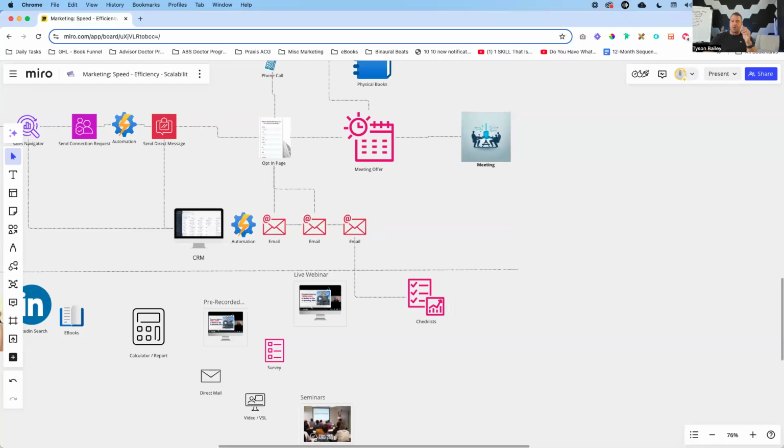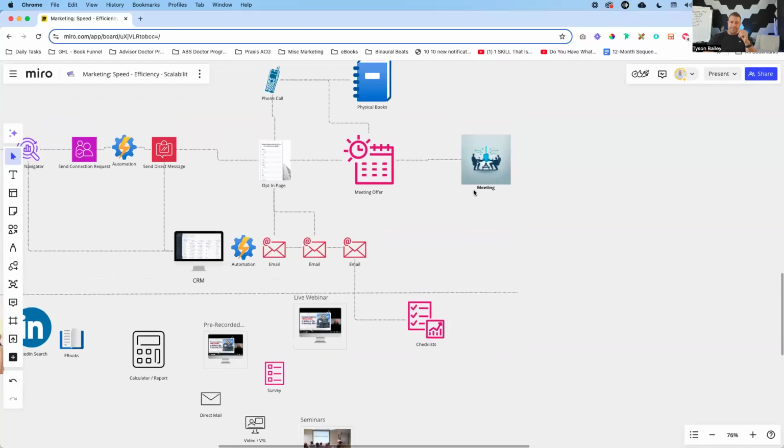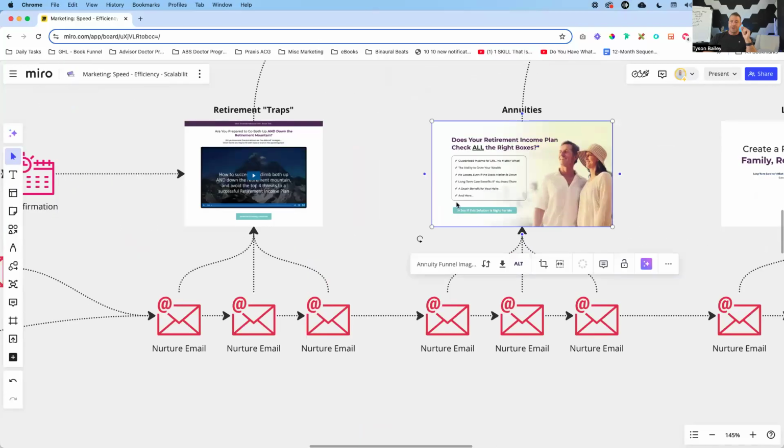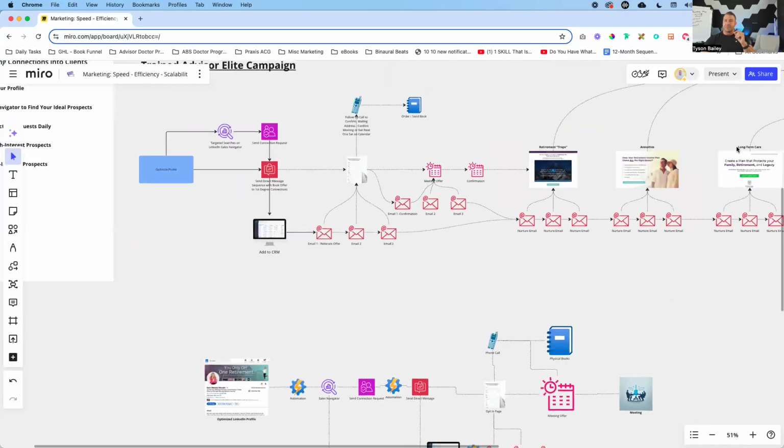So instead of just hosting that information on a PDF, what we're doing with this company is we're taking the exact same information that's in the PDF, because again, it's extremely valuable information, but instead we're hosting it on a landing page so that as somebody goes through and consumes that information, if they have that light bulb moment where they're just like, oh shoot, I've got to take action. I've got to figure out how to eliminate taxes in retirement, or eliminate stock market volatility, or I've got to figure out how to create a private pension that guarantees I never run out of money. Right there, you'll see on each of these pages, right here is a button that takes them over to your calendar.